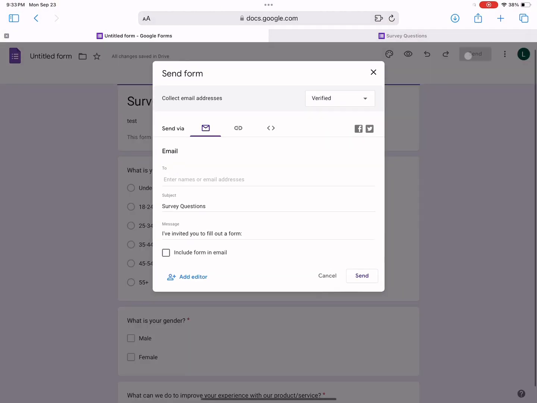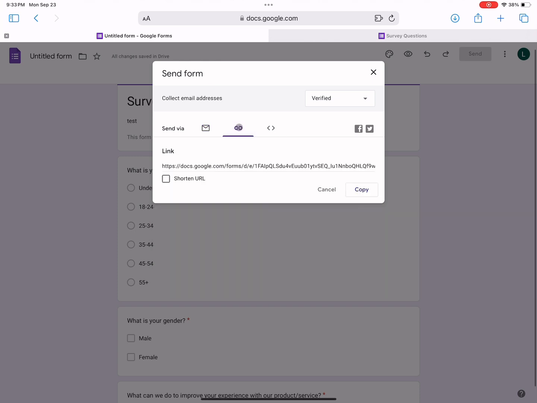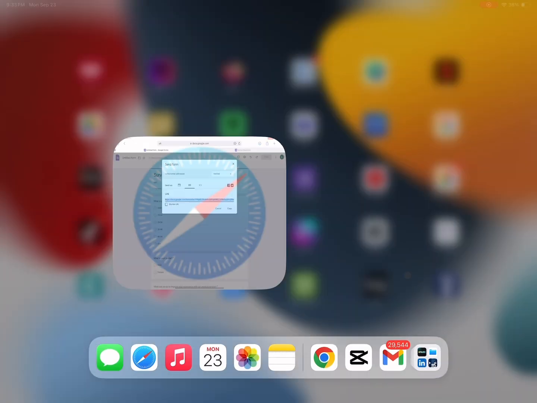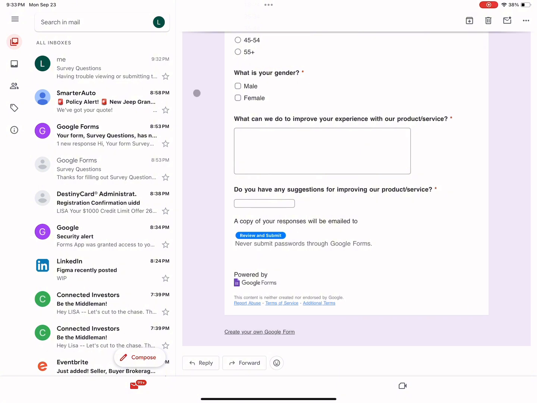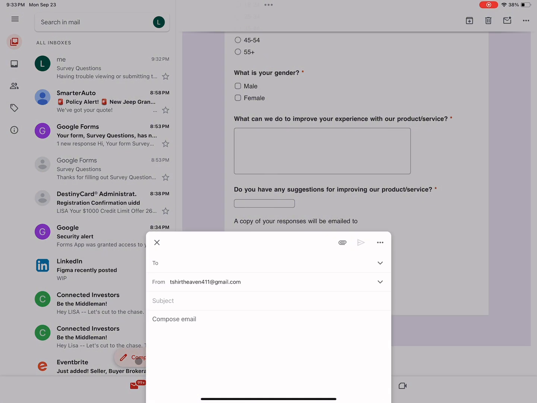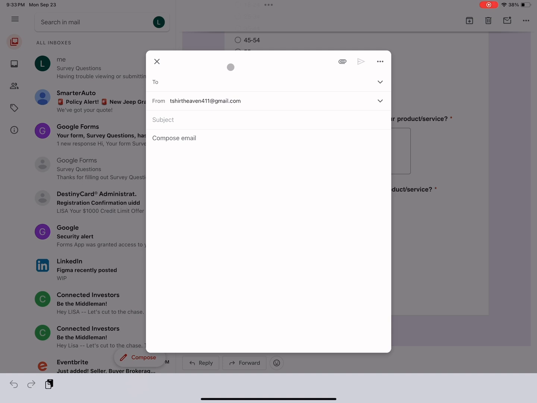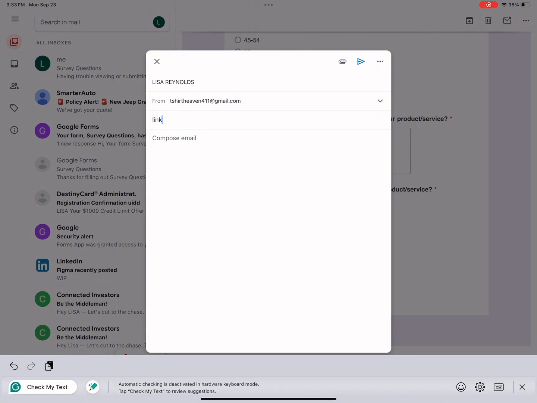Okay? So now another way you can actually send the link. You can shorten the URL, you can copy it, and you can go ahead and still send it in an email. You can send it by text messaging, whatever your preference is. So we're going to create an email. We're going to send it to myself once again. Let's get the email address correct here. Just input it, send it, and this is the way that you can also